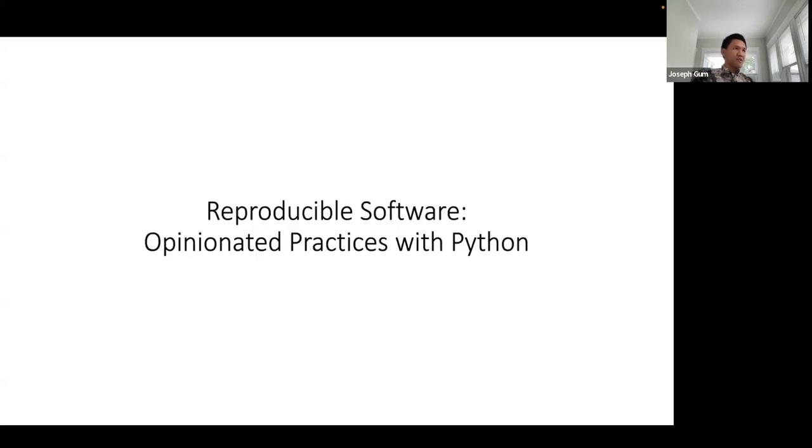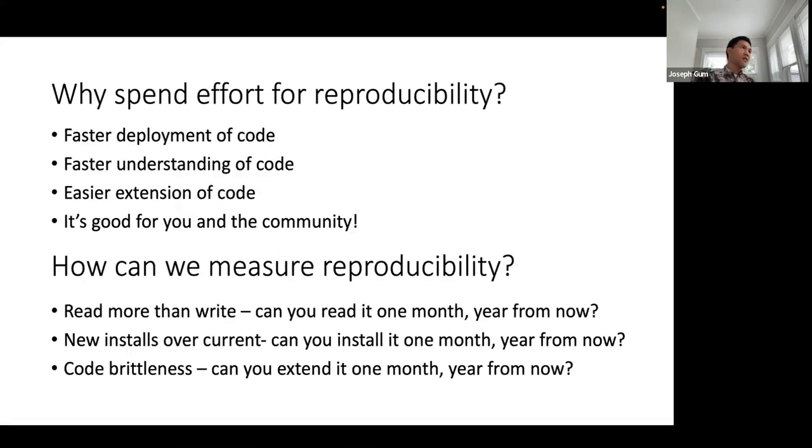And so now we move on to reproducible software. Why should you spend effort on reproducibility? We have faster deployment of code, faster understanding of code, easier extension of code. It's good for you and the community, but what does that really mean? It means that you have to spend less time to come back to where you were and actually do all